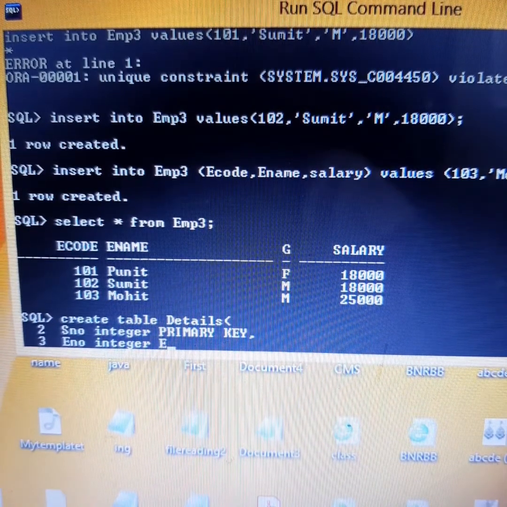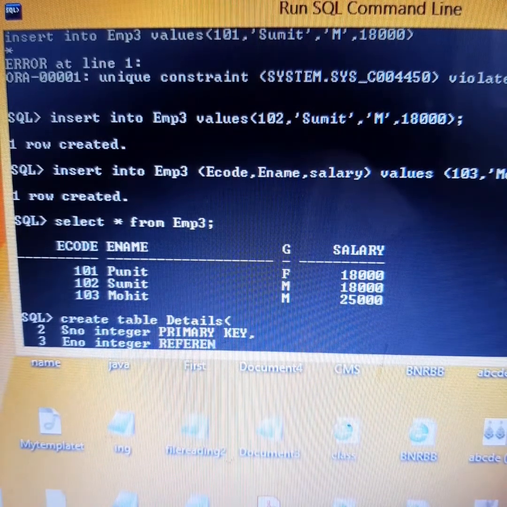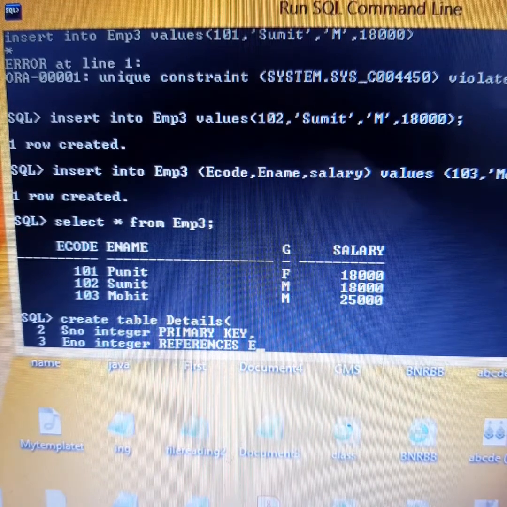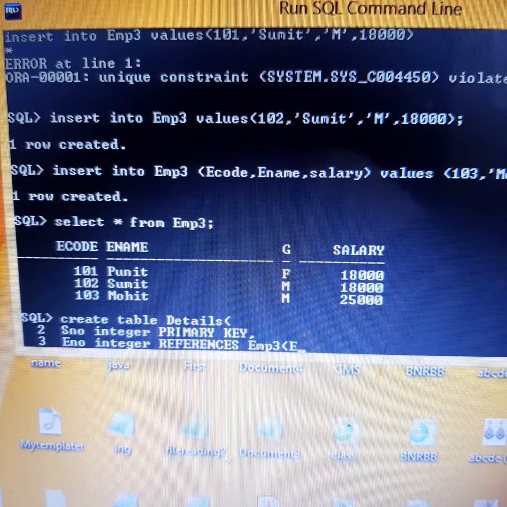So the keyword that we are going to use here is references, and the table that I am taking from is EMP3. I have to tell it that the E code there becomes a foreign key here.